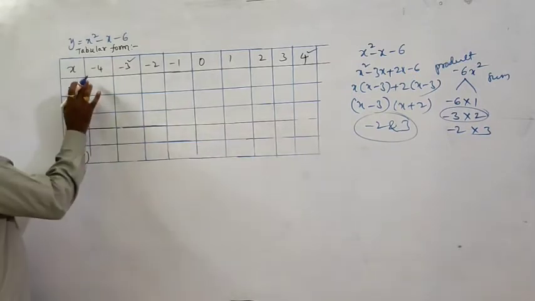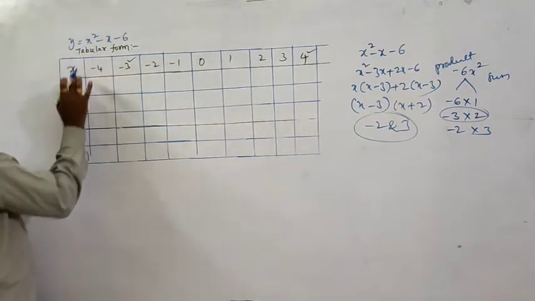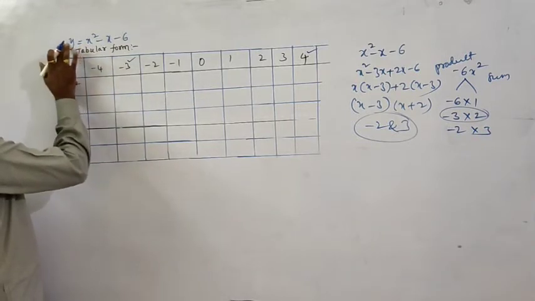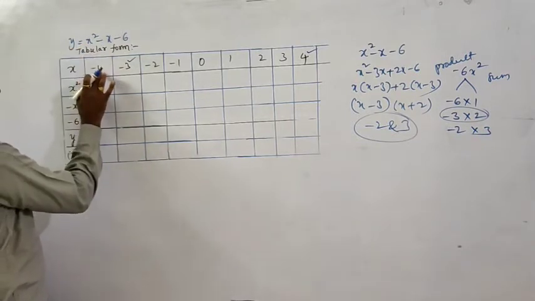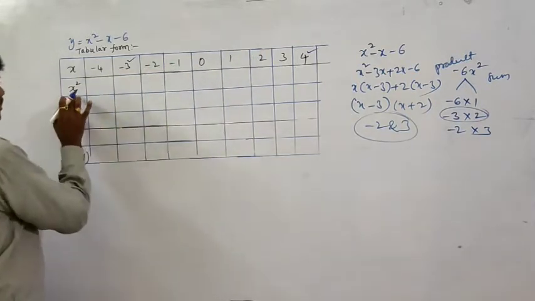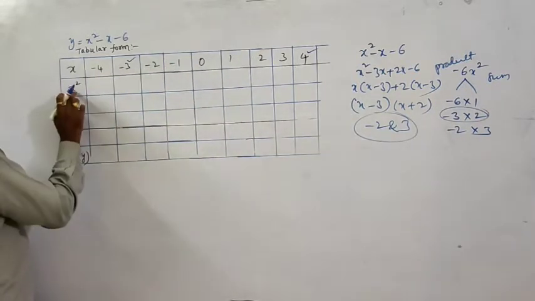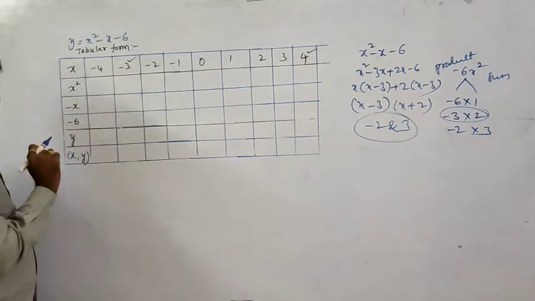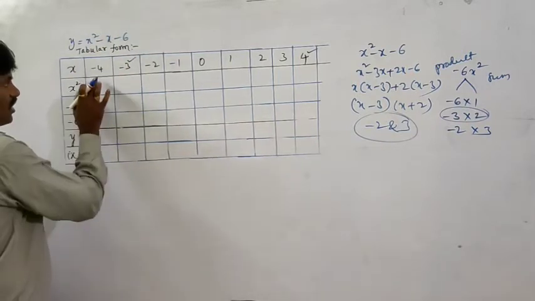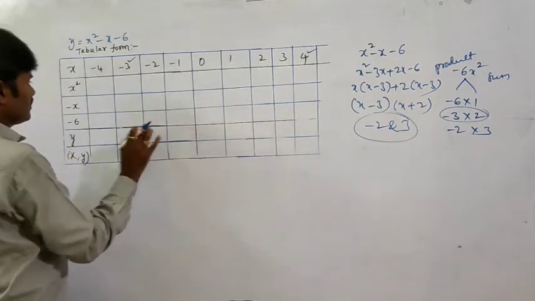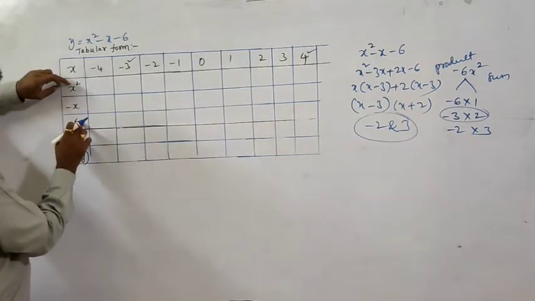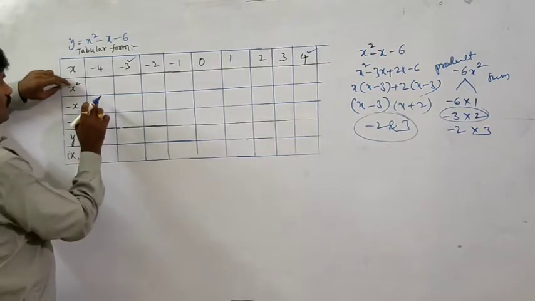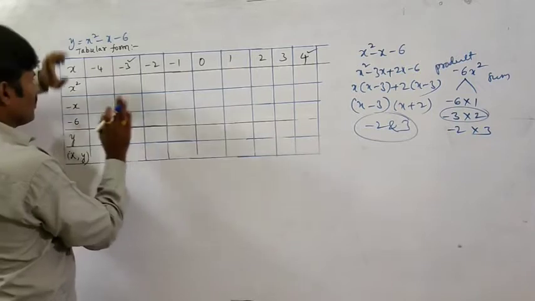And also, first I have taken the x value, and we want the y value. That whole quadratic polynomial is considered as y. Now what are the values of x? Minus 4, minus 1. Now x square is the first term, the second term is minus x, the third term is minus 6. Then the y value. So I have written black lines here. That means these three values you have to add and write here. Understood? So I don't want the present minus 4 value, I am leaving it.